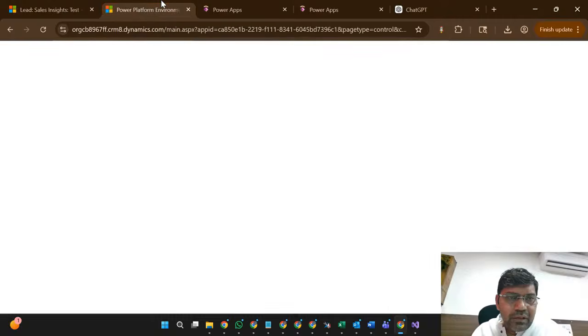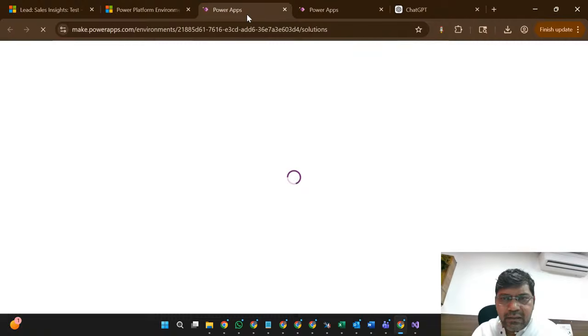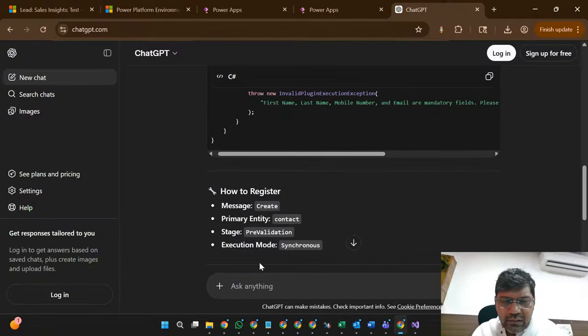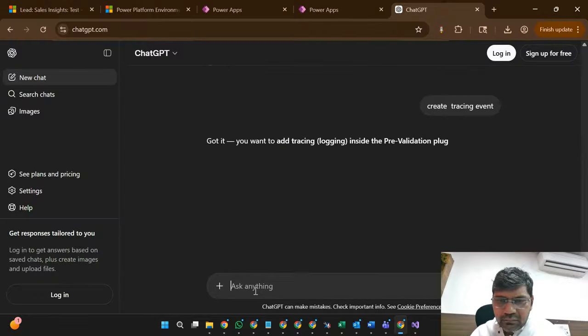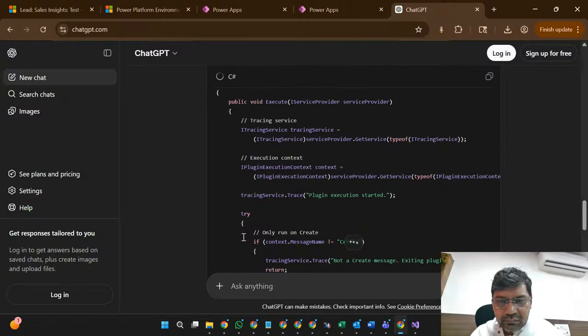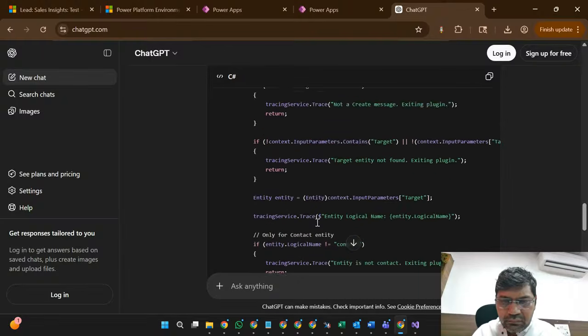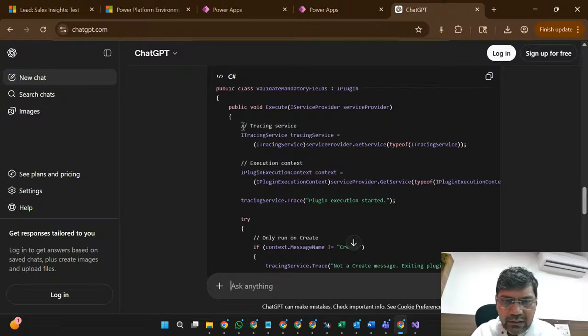So now the next step here is the plugin debugging part and how we are debugging here. Okay, so here create tracing event.